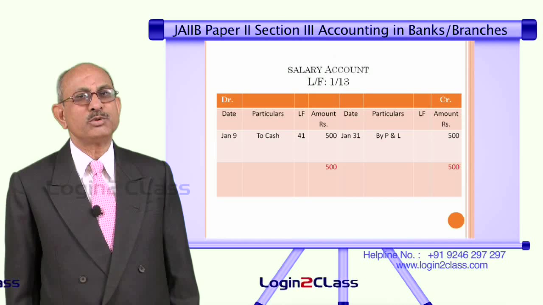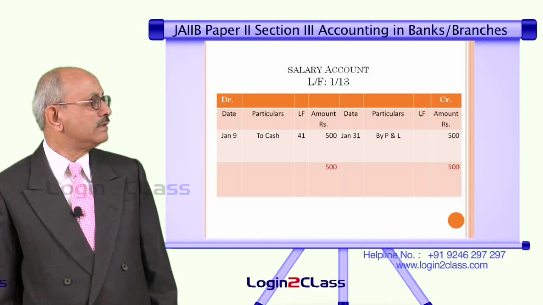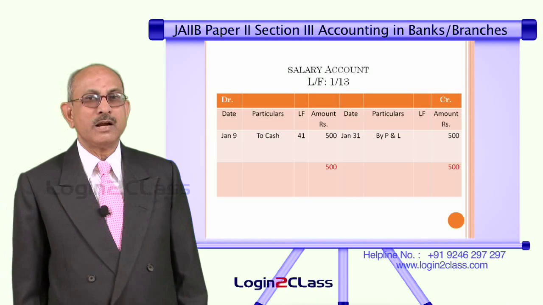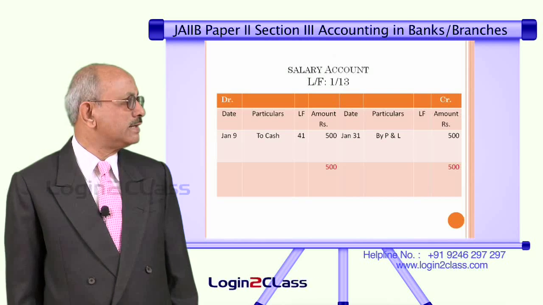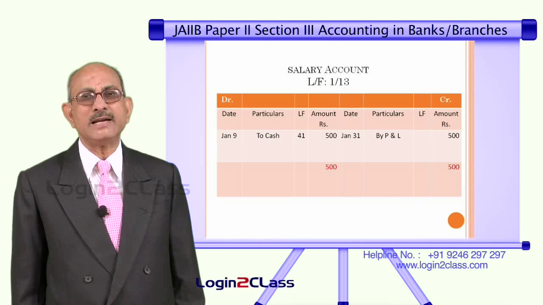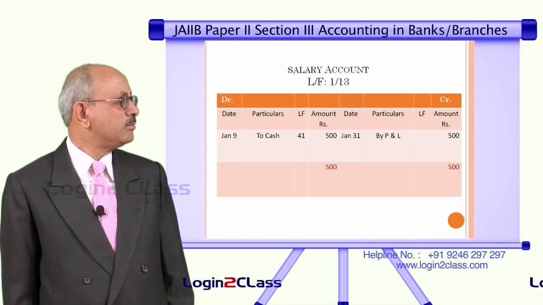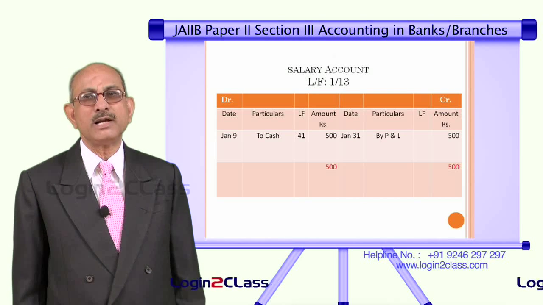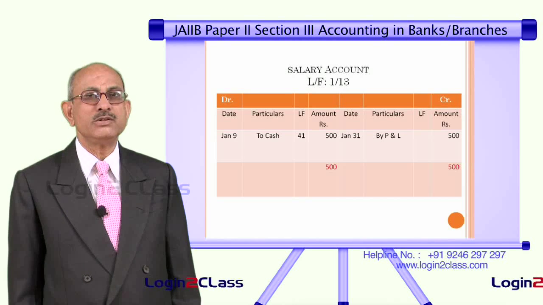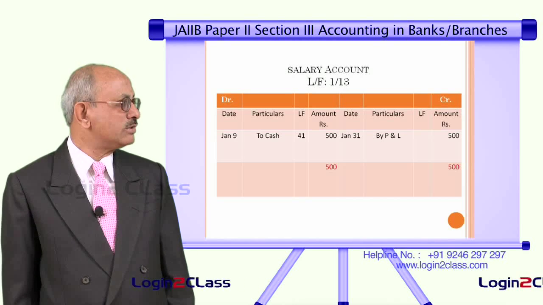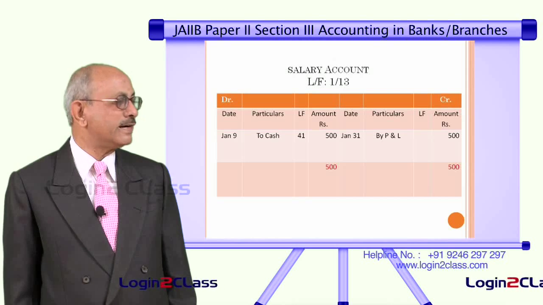So this completes the process of balancing of all the accounts, and once these balances are done we have to find out whether your entire summary of all balances tallies or not. That is done by means of what is known as a trial balance. That means we jot down all the balances which we have got in various accounts under both credit and debit